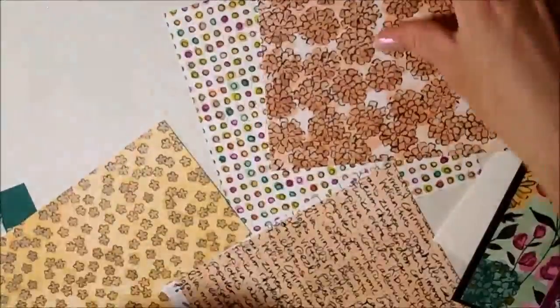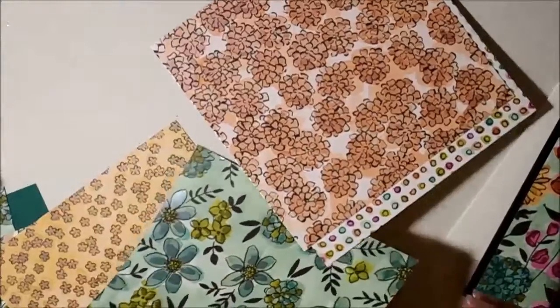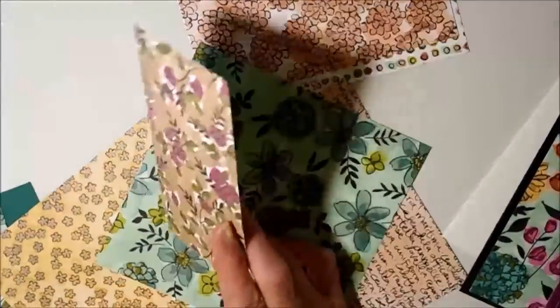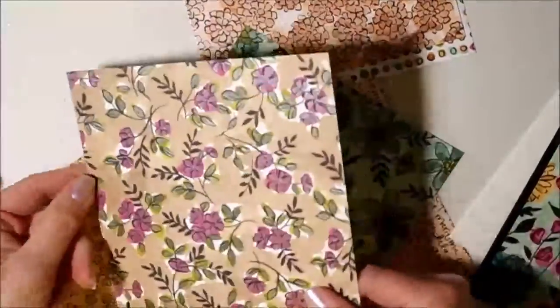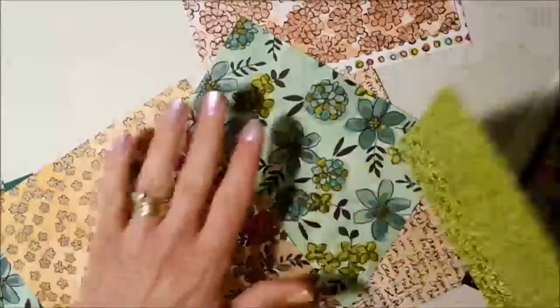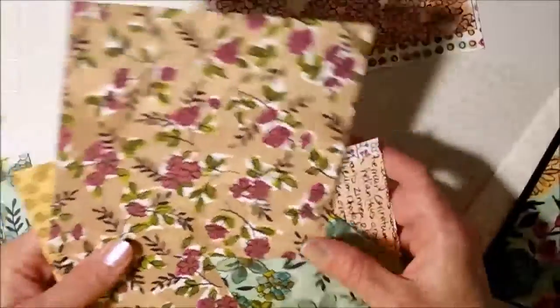And let me see if I can find it here. Oh, I'm not seeing it. Oh, I missed a page. Oh, let me see here. This one. Oh, it's right here. Here it is. I really like this. This is pretty too. I do really like that as well, but this is really neat. I like that one. This paper is also going to be featured in at least 2 of the projects in